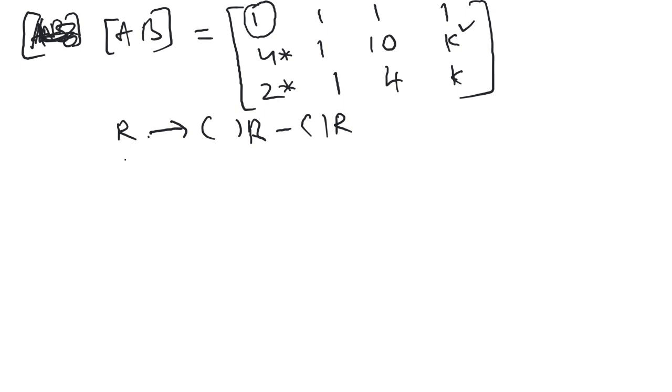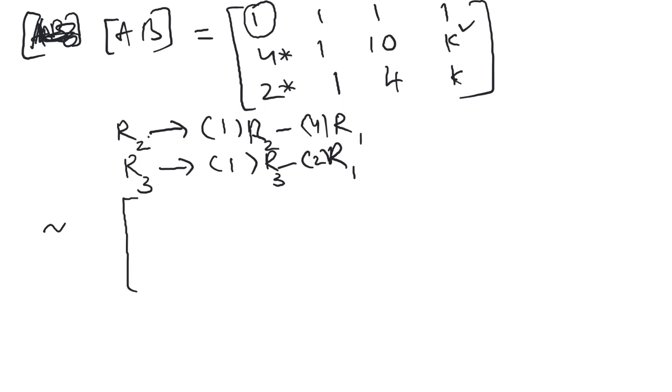Because the stars are located in the second and third rows, I need to write R2, R3 here, and the circle is located in the first row. So it should be 1 and 1, and the first brackets are meant for the circle, the second brackets are meant for the stars, 4 and 2. Tilde means we get an equivalent matrix. So R1 will not be affected, but the entries of R2 and R3 will be affected. Now instead of stars, we just write 0,